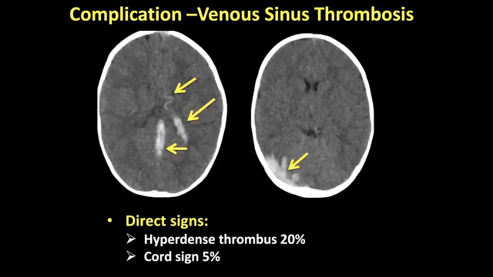So what other complications do we need to look for? We've talked about subdural hygromas and empyemas. We talked about abscesses and their mimics, particularly in the setting of tuberculosis in middle and low income countries. Now we need to consider venous sinus thrombosis. This is more common in infants and younger children, but is still a consideration in patients who have infection. So we have various signs that we can look for on CT.